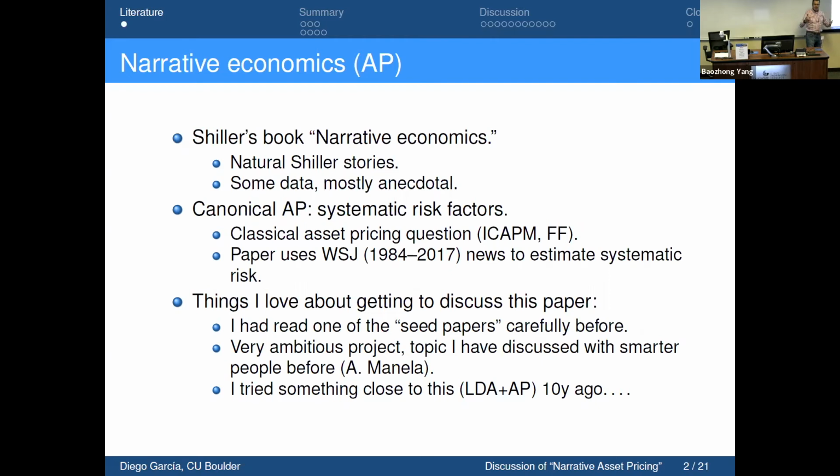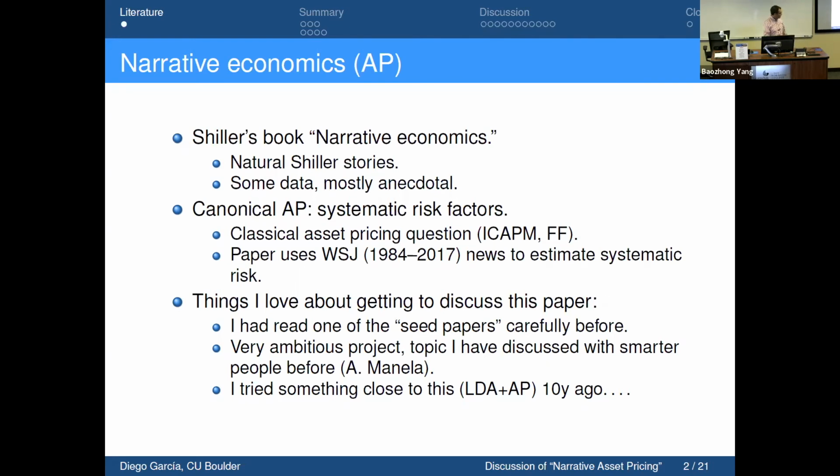You can think about this paper as merging this LDA paper, the structure of news, that was the old title, with the IPCA paper that Yinan and Brian Kelly have put together. And I actually knew that the LDA paper, I had actually had a meeting with Asaf Manela, who was one of the authors there. I had read it really carefully. So when they sent me the invitation for the conference, I said, yeah, of course I'm going to read it. And then I realized it was a different paper. And Brian Kelly's papers are not easy to read, for those of you who have tried to read them before. They take a couple of hours to get around them.